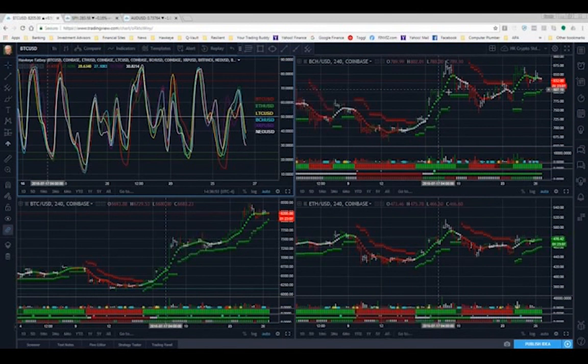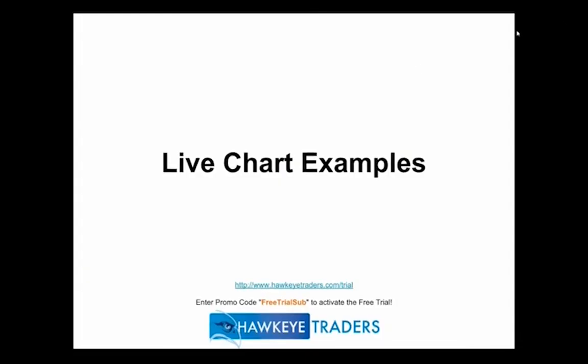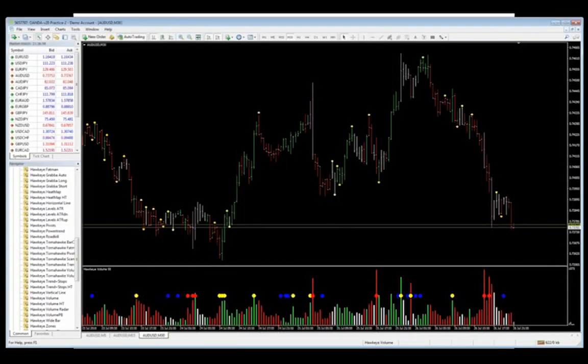Very valuable tool and very helpful. But let me take that down. Let me pull up my other platforms here. Okay, here's the MT4 platform showing Forex markets again. I want to make sure and pull these out, but